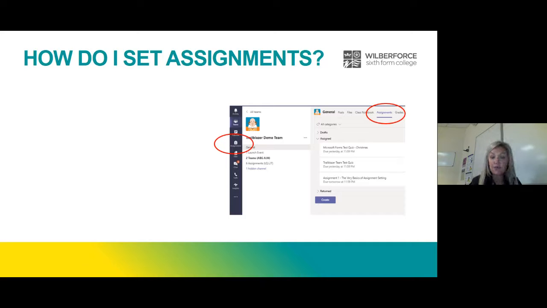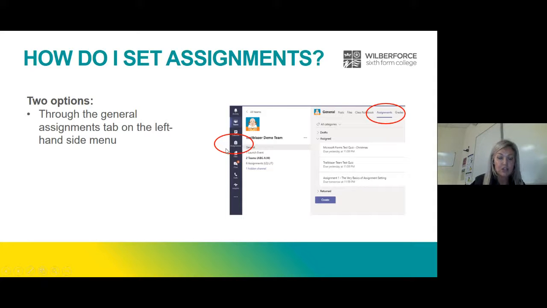Okay, in terms of how you set an actual assignment, there are two different options really. The screenshot is not massively clear, but hopefully you can get the gist. This one on the left-hand side of the picture, highlighted with the little red circle, is a general assignments tab. What that allows you to do is exactly the same as the second option I'm going to talk through, but by setting it in the general tab, and again, Lynn will show this in the demonstration, it asks you which class, which team, you want to set the assignment for. That's great as long as you know which one. It might get a bit tricky if you've got multiple classes, but that is one way of setting up assignments.